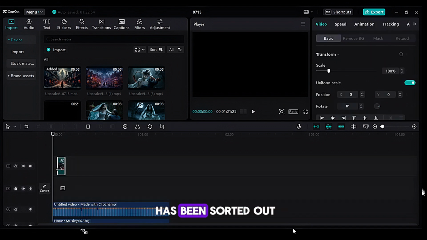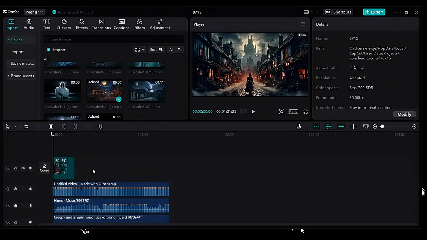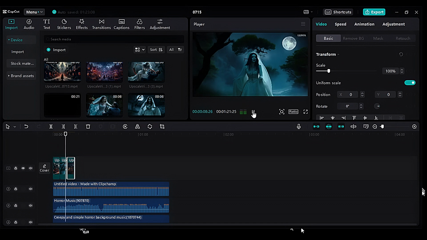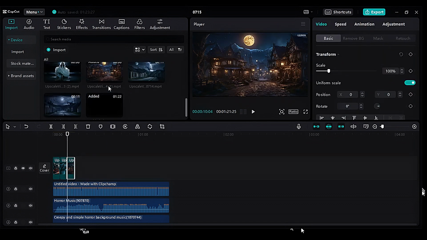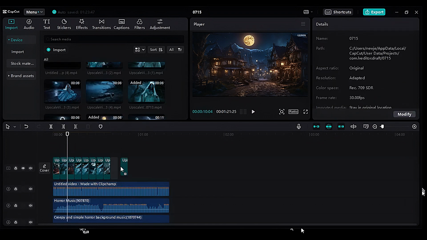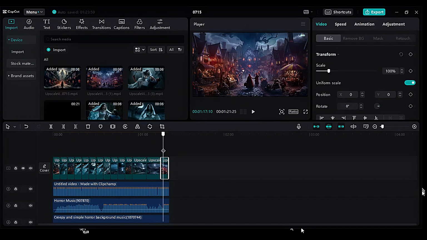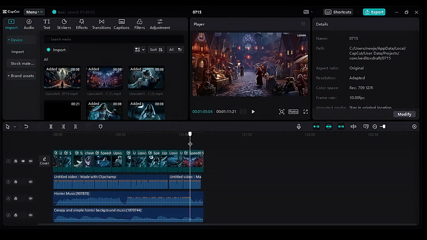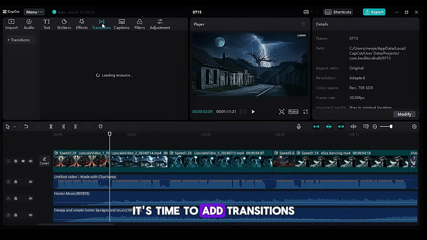After the audio section has been sorted out, start importing your visuals to the timeline. After importing all of your visuals, it's time to add transitions.